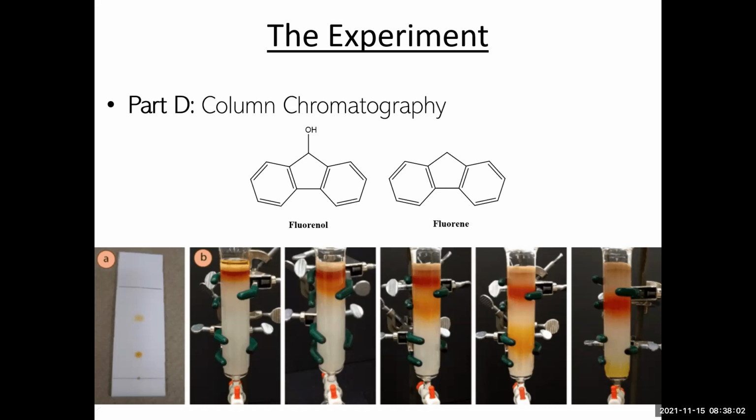and use air pressure or nitrogen gas pressure to move the solvent through the silica gel. In this series, which I stole from the web, you have 2 different compounds that you can see, right? It's sort of this red compound and the orange compound, and you can see them moving through the column over time. In our case, one of these compounds is yellow and the other one is colorless. So we will not necessarily be able to visualize both components migrating through the column because one of them is colorless.